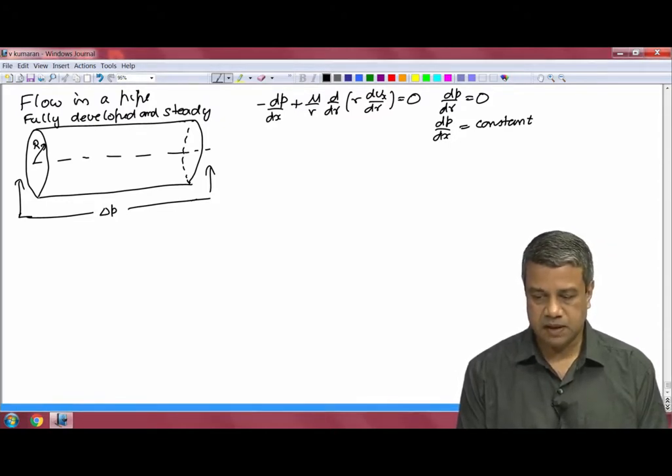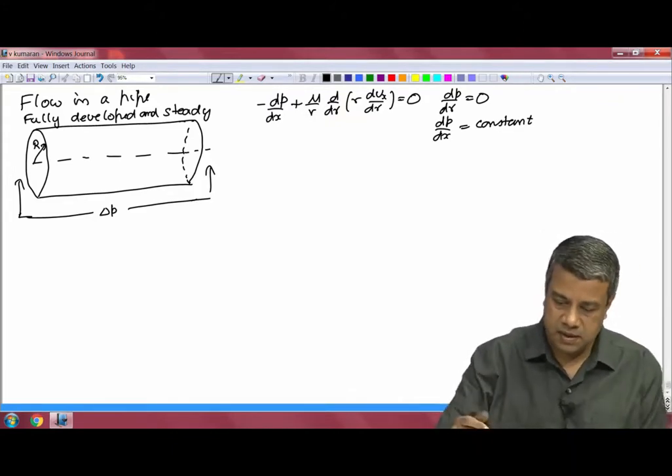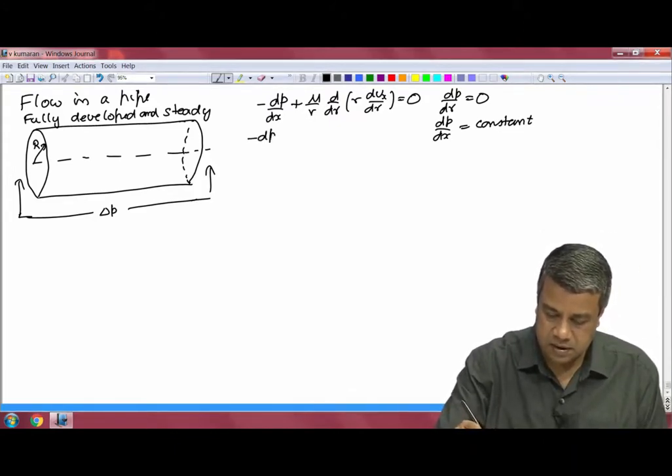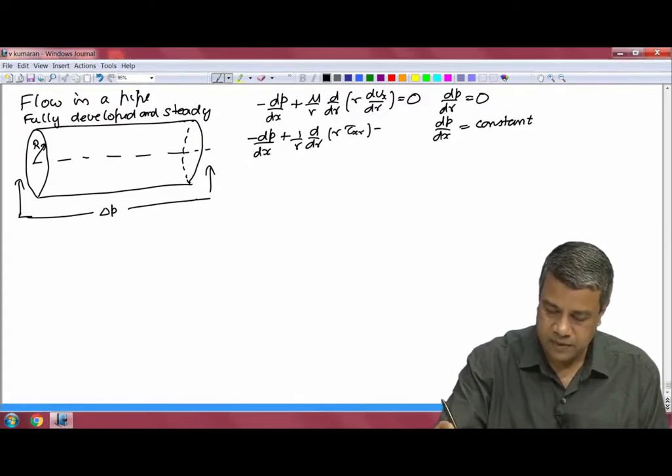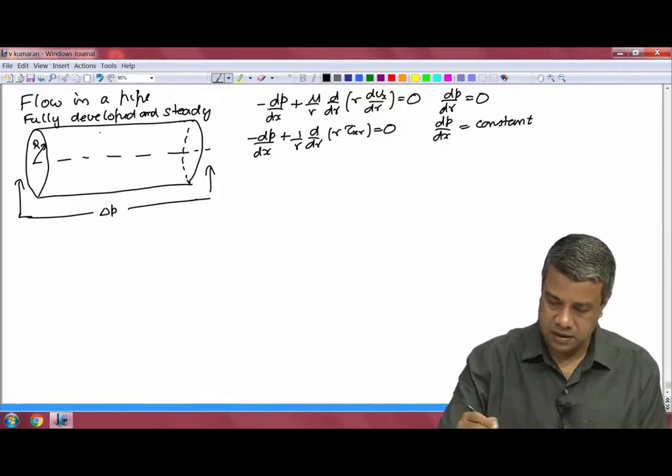And since dP by dx is a constant, I can take it to the other side and integrate it. What we had actually done was to integrate the equation in terms of the shear stress. And the shear stress, the boundary conditions were that